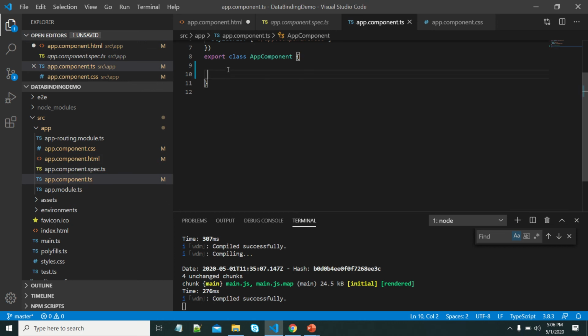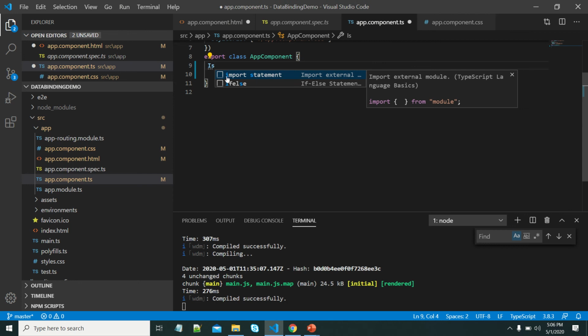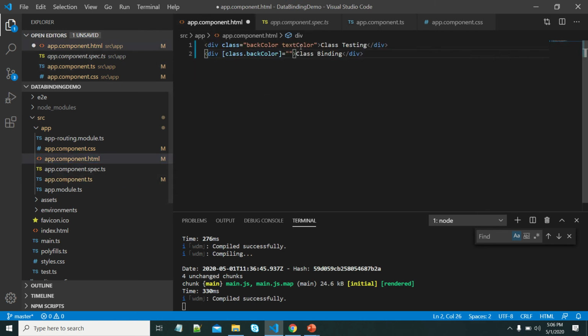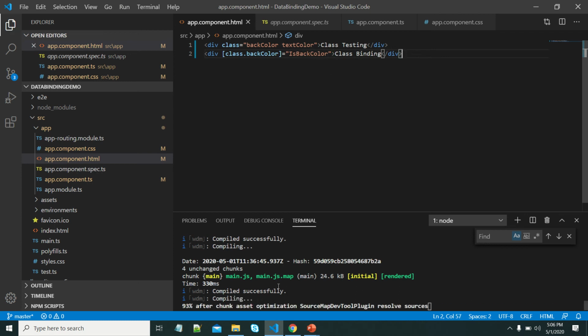Generally this is the Boolean type. Suppose if I want to apply that color, then I have to make it true. Let me put this value here. Let us see that.